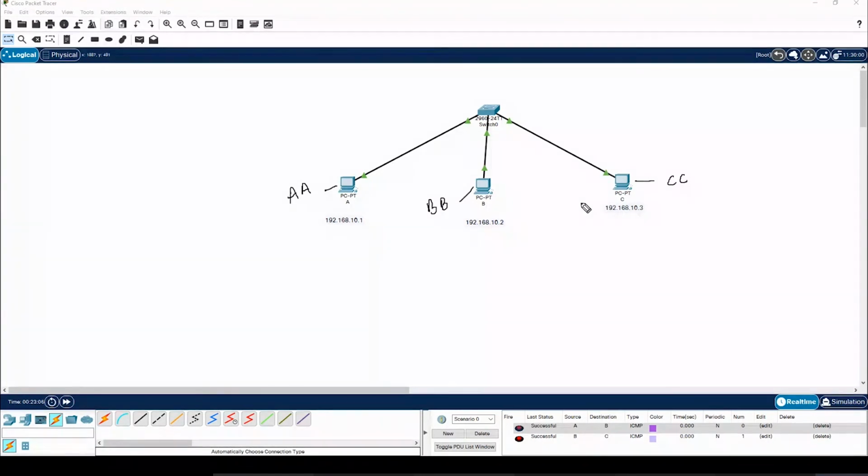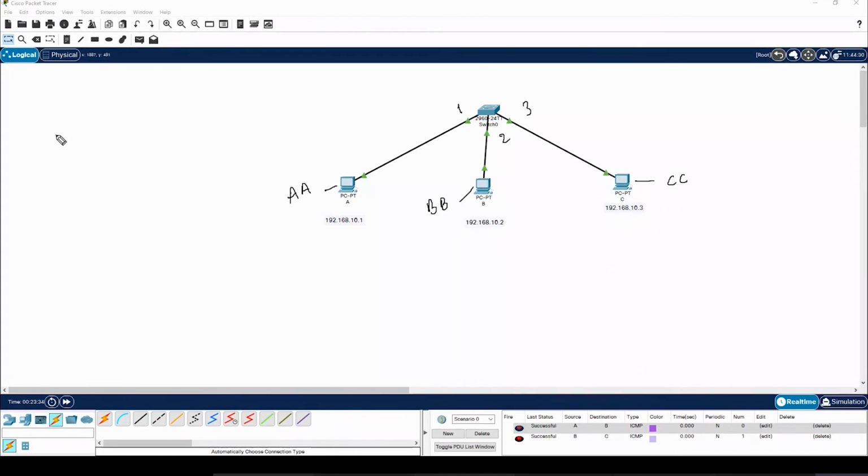The switch uses the MAC address, and yes, correct, using the CAM table. So it maintains a MAC address table which defines on which port which device is there. For example, let's say this is port number 1, this is port number 2, and this is port number 3.